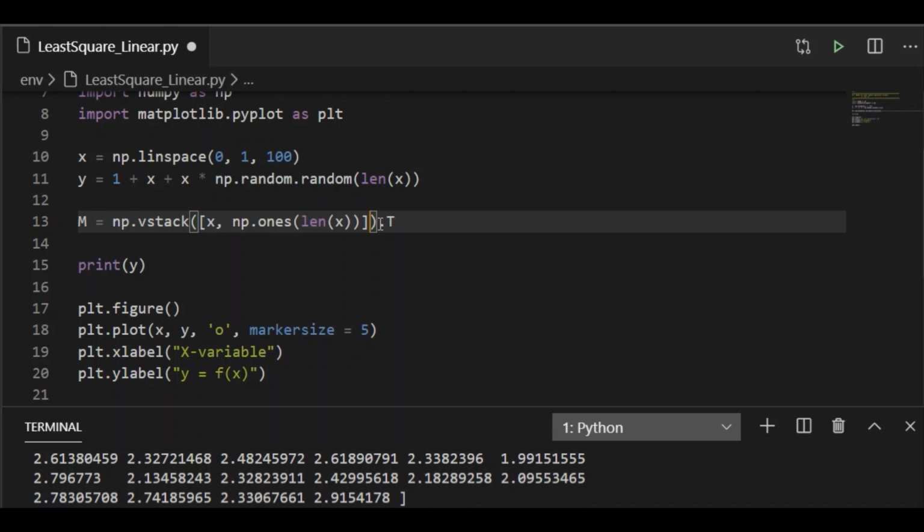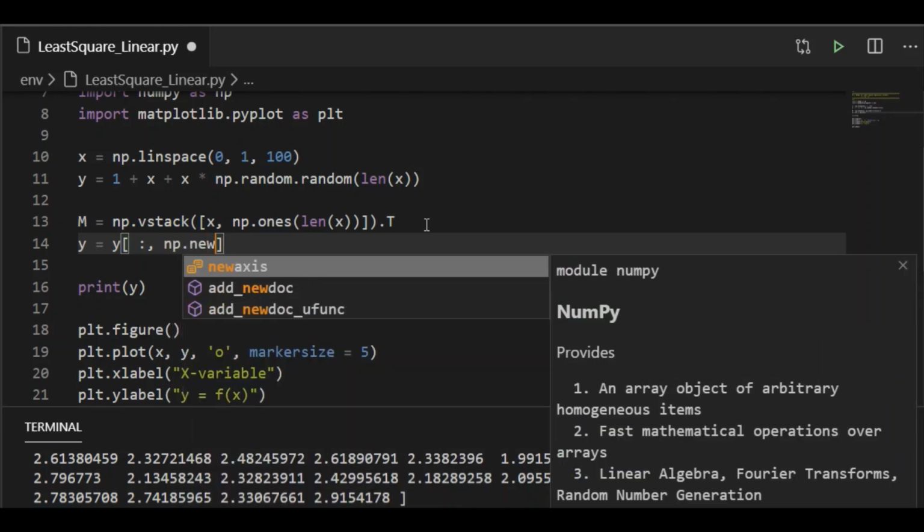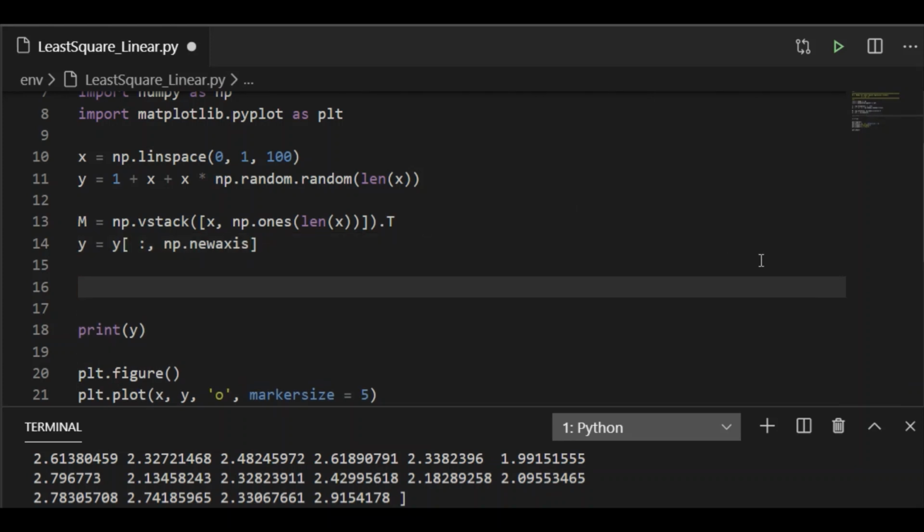So M has the value of x in the matrix form and y shall be taken as the column matrix. For that, call newaxis provided by np, which will convert row to column or column to row matrices.